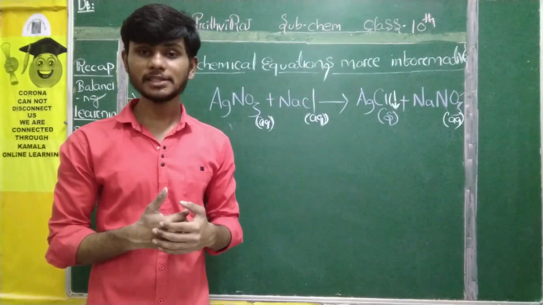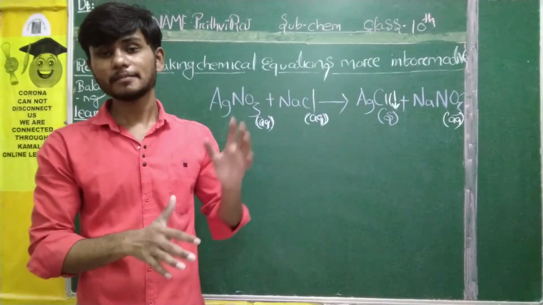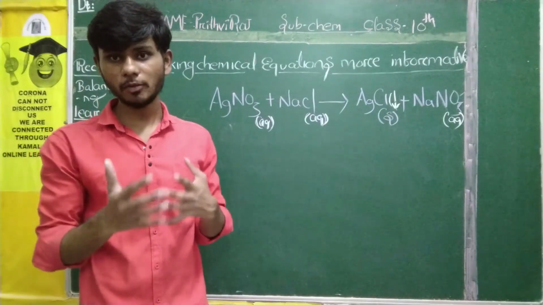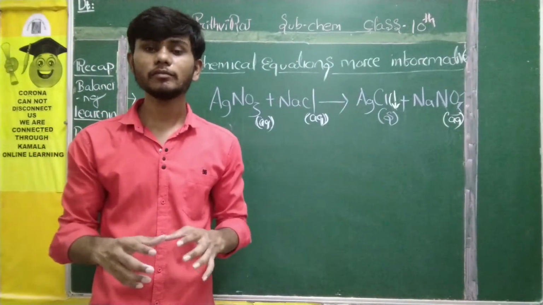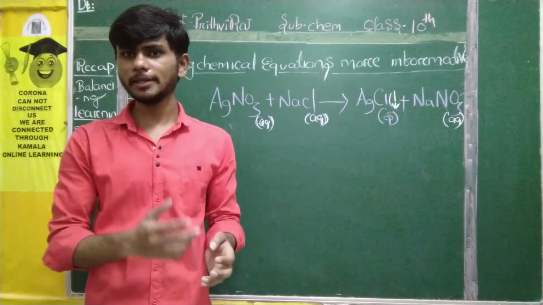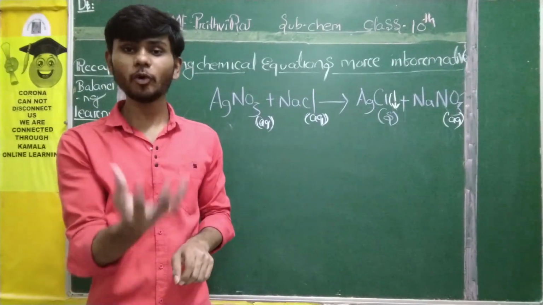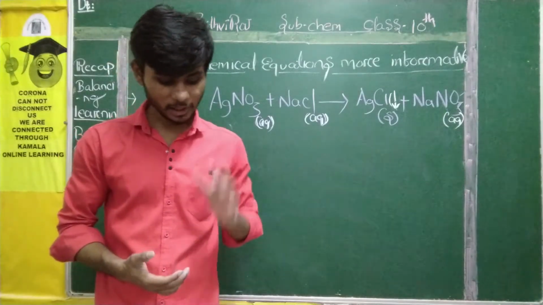And about what? Expressing precipitate form. If precipitate is formed inside a reaction out of nowhere, then you will give a downward arrow mark beside that precipitate. Precipitate is nothing but a solid which comes out from a reaction where you have not taken any solid. But you have taken two liquids, and out of nowhere a solid comes out, then you will call it a precipitate. So this is the end of our lesson.